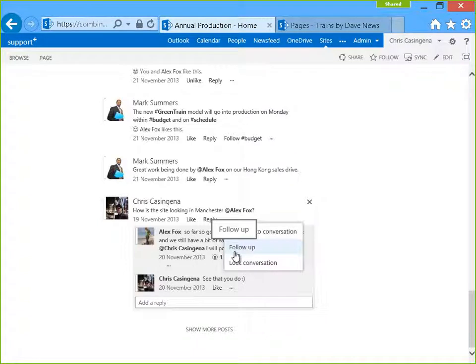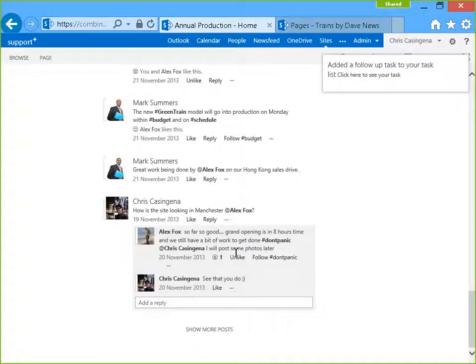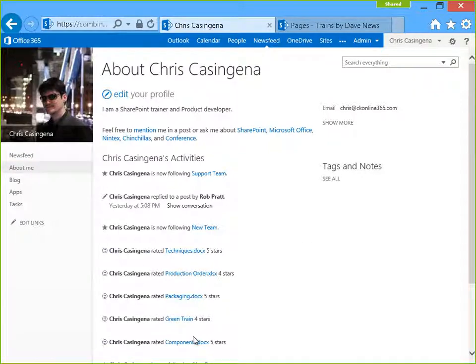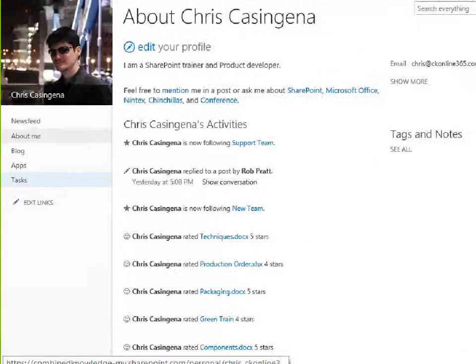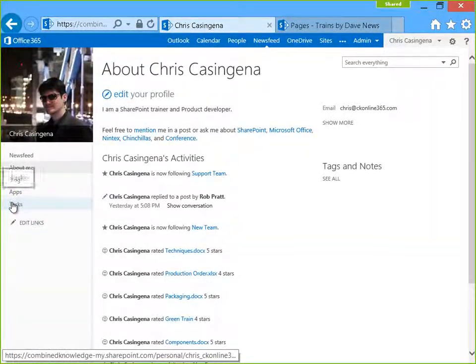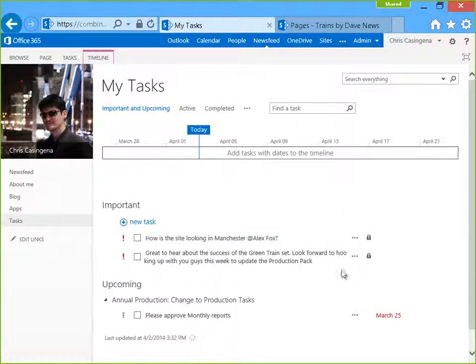This means that I don't have to forget about important things. I click follow up, and as a team member, I can keep track of my colleagues' posts, but also I've created a follow-up task, so I don't forget to reply. So if I go to my About Me page, as well as updating your profile, you may have noticed just here that there's a task section. If I go into that,